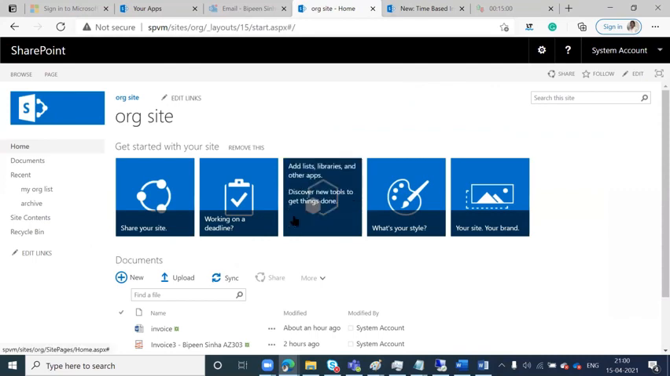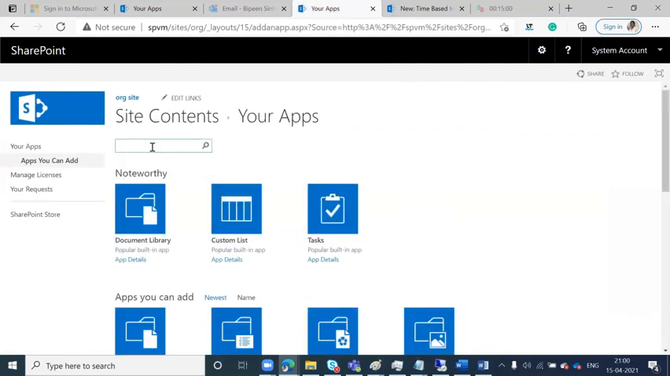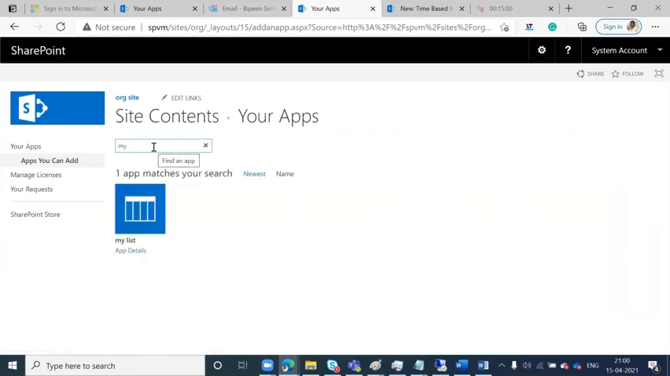We can also make this list available as an app. So it means that I, as a user, can search for it as an app, or I can also add this template as a web part. Both ways are available to me,